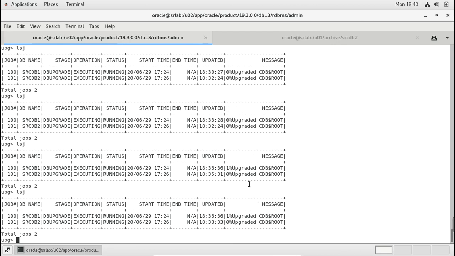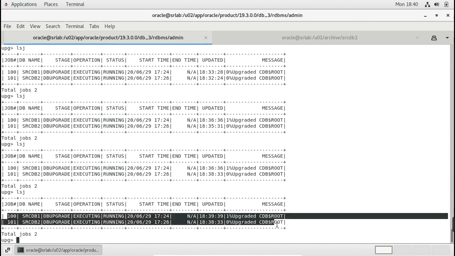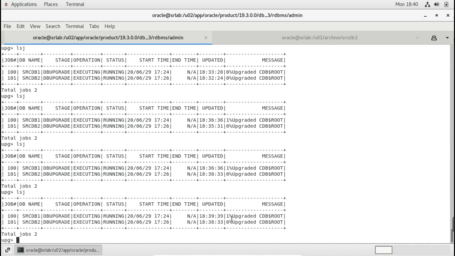It is slowly progressing, started at 1%. It will take quite a long time based on the resources available on the system.